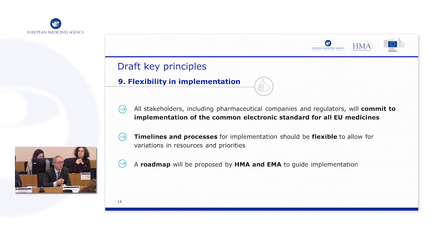And by processes, we offer the possibility for some authorities to implement electronic information from the point of submission, or to transform the outcome of the evaluation, the Word document or the PDF, into electronic format. This flexibility is what we think will allow everyone to move on as soon as possible if they are ready, or for other countries, depending on their priorities, resources and capabilities, to do it at a later stage, but still guarantee a harmonized approach and the interoperability that we have discussed before.